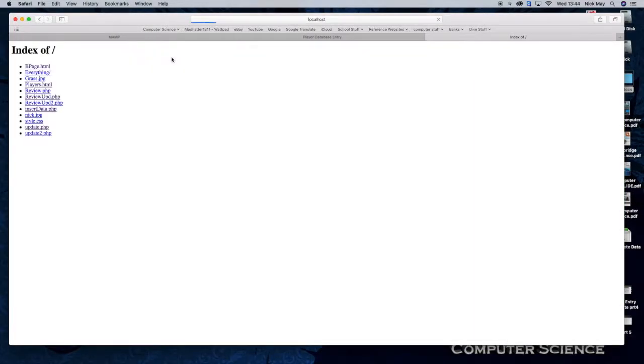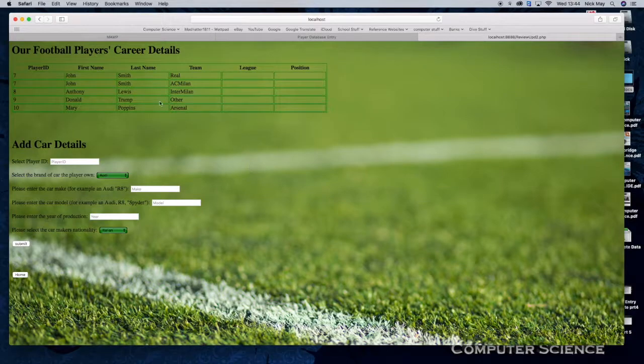So I can go to MAMP, click my website, all my pages are in here. If I go to my review update 2 page, it's going to give me my current players, the first names, the last names, the team they're in. We haven't put in the league and position questions yet, but you know how to do that. It's just a matter of making new questions. And it's given us some car details here. So it wants us to add car details. So let's